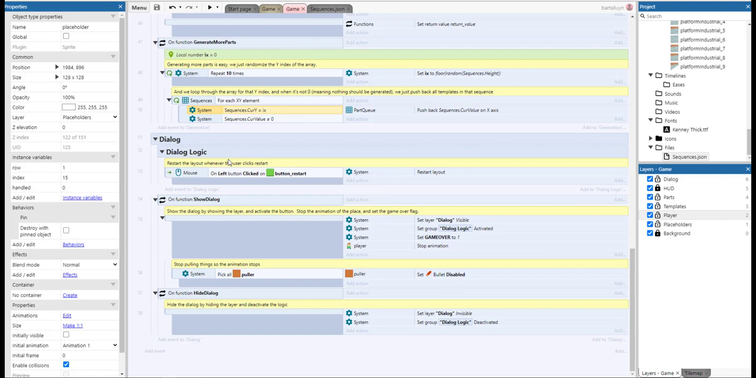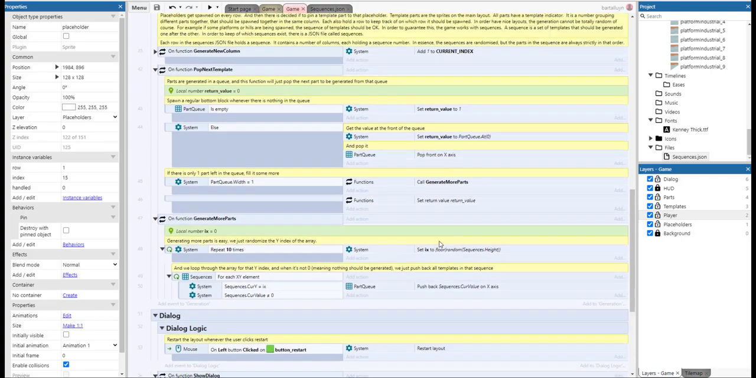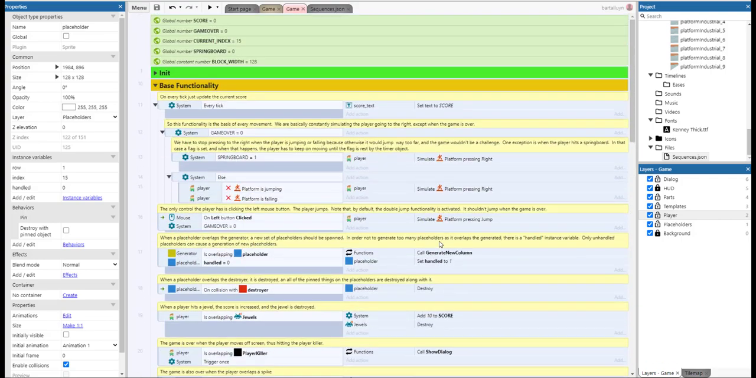So basically the dialog just restarts the layout whenever the user clicks restart, and we show the layout by showing the layer and activating the button. We stop the animation of the player, and then we set the game over flag. Stop the pullers and hide dialog, just set the dialog invisible and deactivate the logic. Basically that's it. So here I showed you how to create a basic